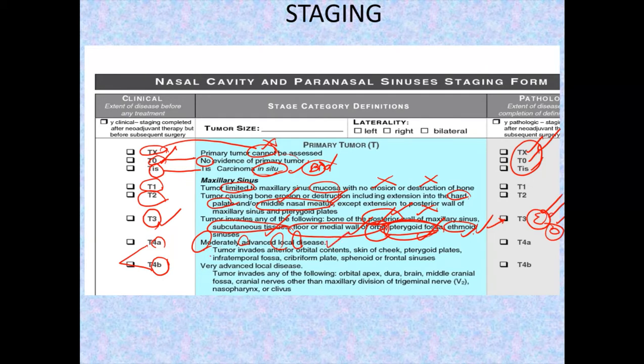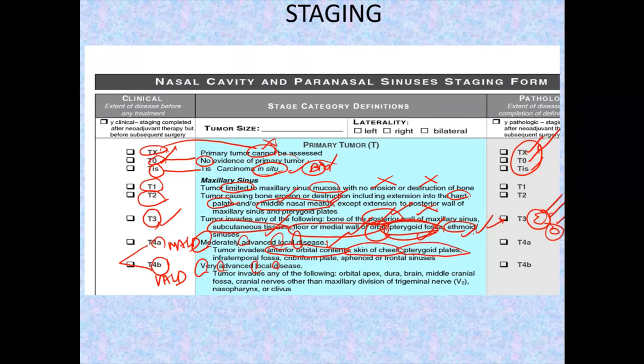Moderately advanced local disease is T4A. T4B is very advanced local disease. So T4A is moderately advanced local disease, and T4B is very advanced local disease. T4A involves the anterior orbital contents, skin of the cheek,